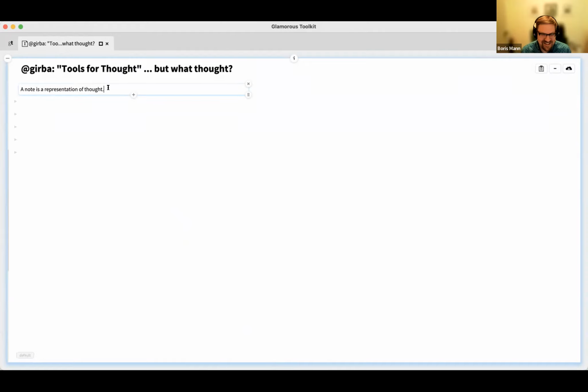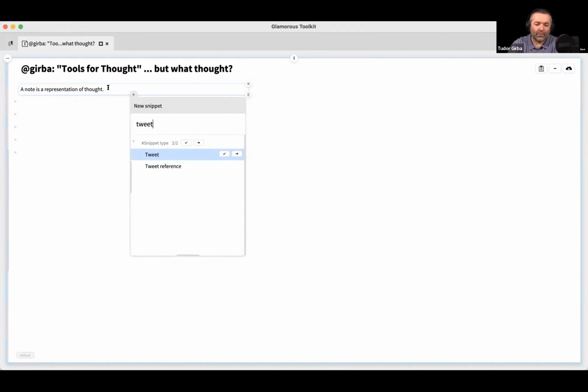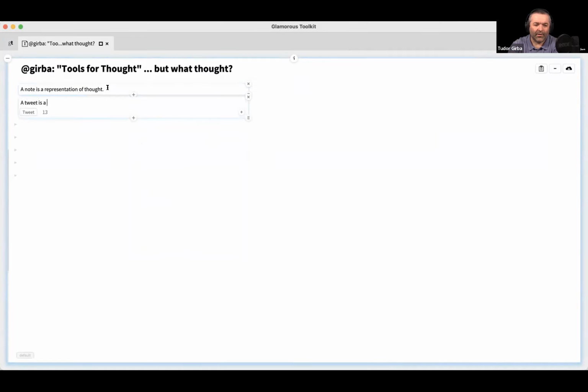Yes. So a note is a representation of thought, right? We play a lot with those. But a tweet is also a representation of thought. Well, maybe it's not "is", maybe it's "can be". So maybe I can tweet that.